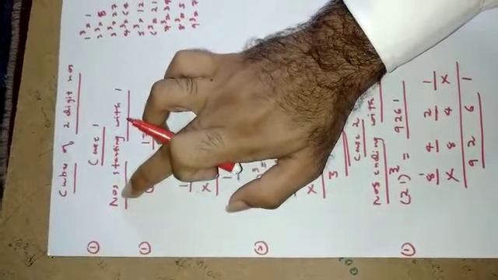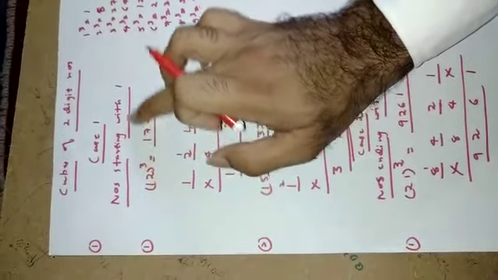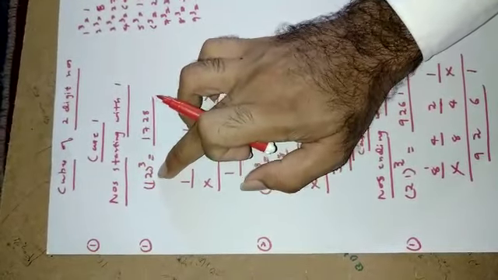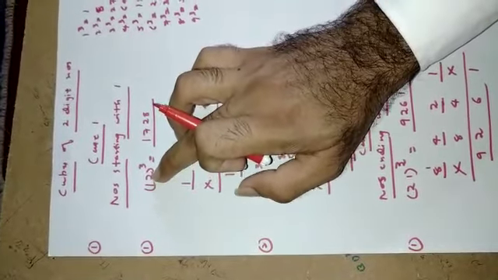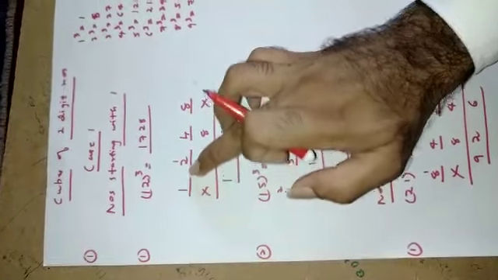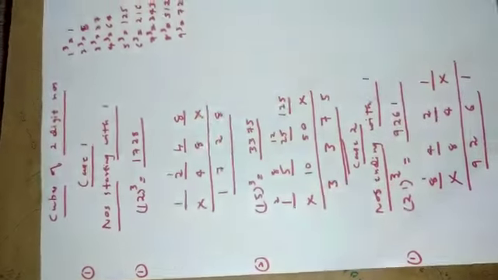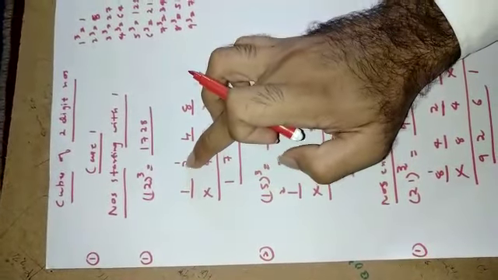Case number 1: numbers starting with 1. That means numbers like 15, 12, 13, 14, 19, 18, something like that. Let's go to the first problem: 12 cube. How to find 12 cube? We need to put 4 spaces, 1, 2, 3 and 4. The first thing we write is 1, and this 2 here.